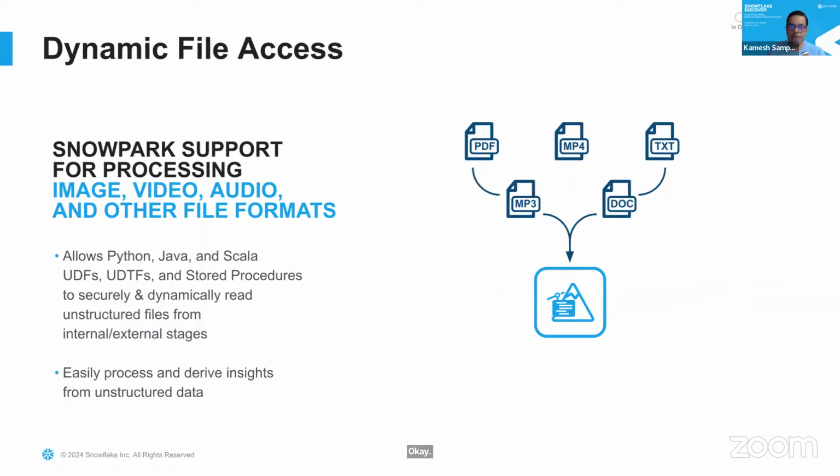So what does Snowpark give you? Snowpark also gives you what is called dynamic file access. Whatever we store, at the end of the day, in Snowflake or any other data warehouse, you are going to store structured, unstructured, and semi-structured data, and we make sure it is encrypted so it's not accessed by anyone without proper authorization and authentication. And when you want to access that kind of encrypted data within an API, what basically happens is that I need to write a lot of boilerplate code.